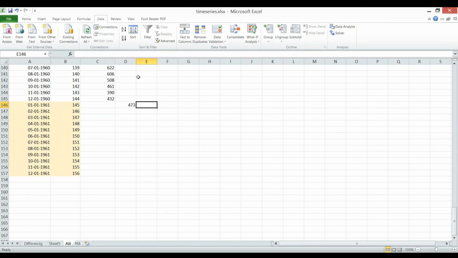See, 473 is the prediction for the 145th day. Just give me a second. Let me just freeze these so that when I drag this, it does not change.